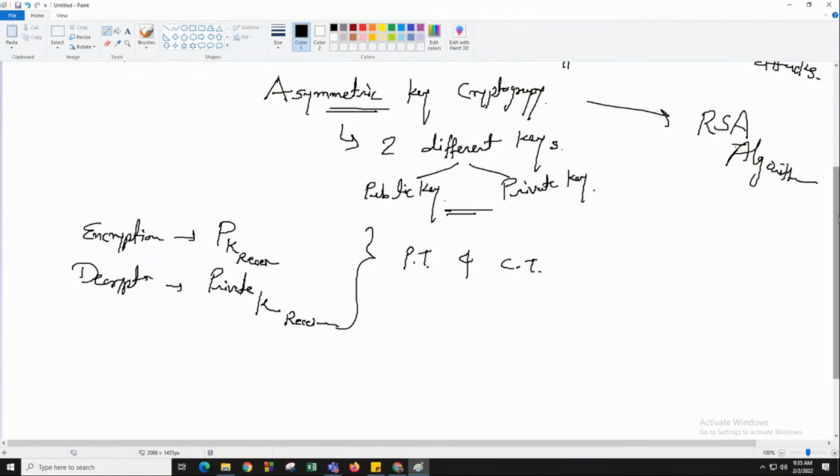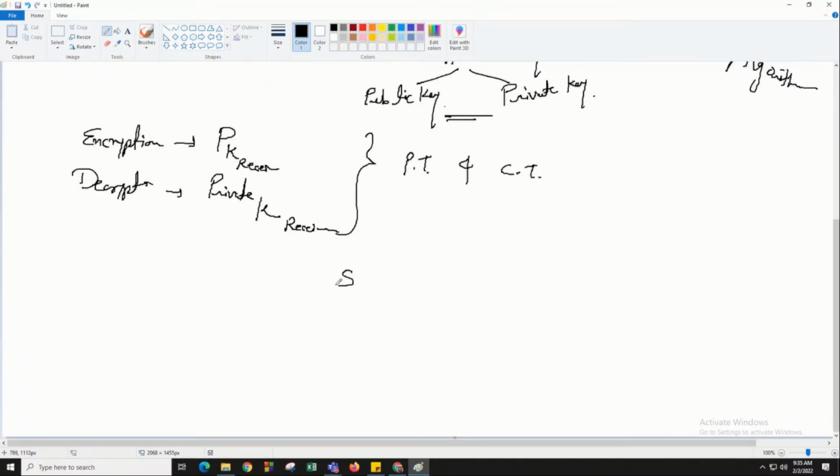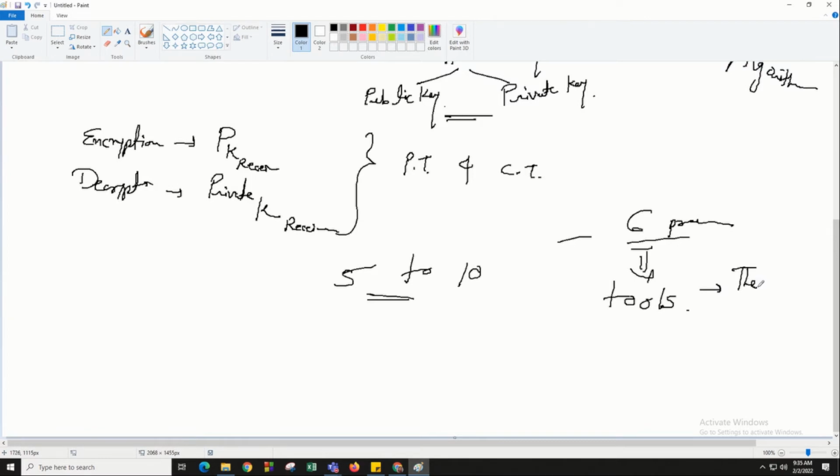So from now onwards, the practicals we are going to learn, practical number 5 to 10, the 6 practicals, are completely based on different tools. Those tools will relate to your theory sessions, but not the algorithms. Instead of algorithms, we are going to learn theory concepts, that is, the main security goals.